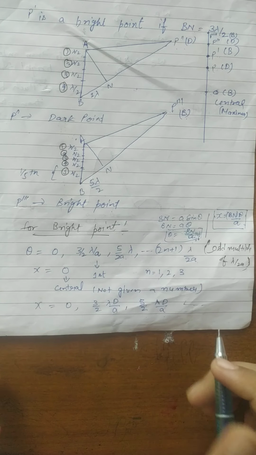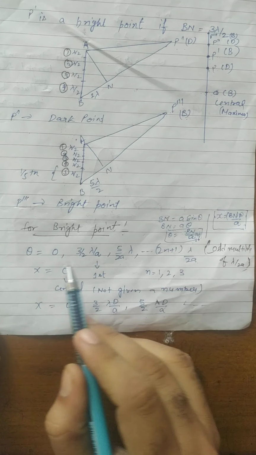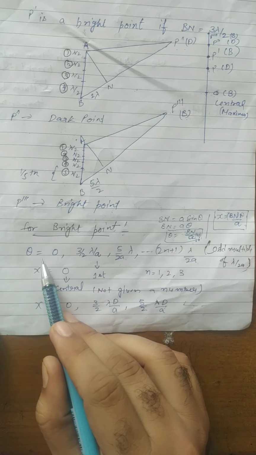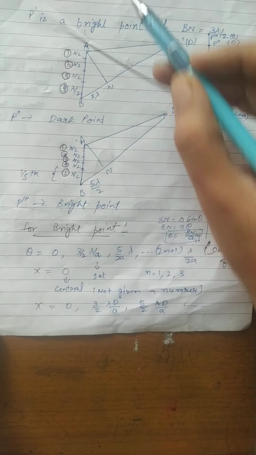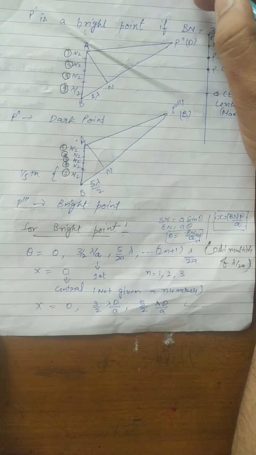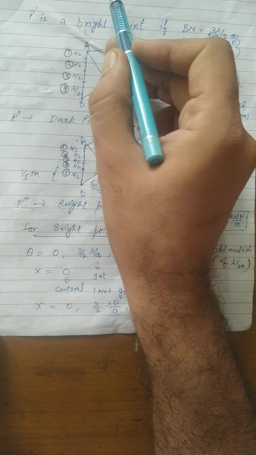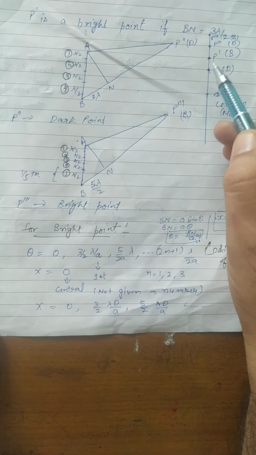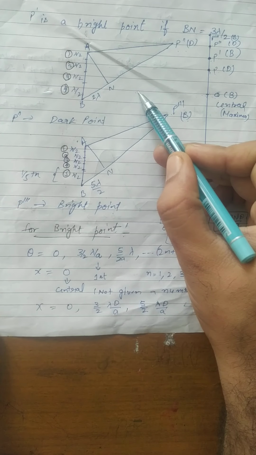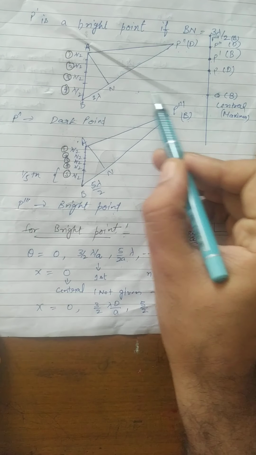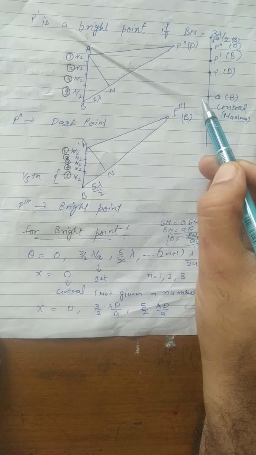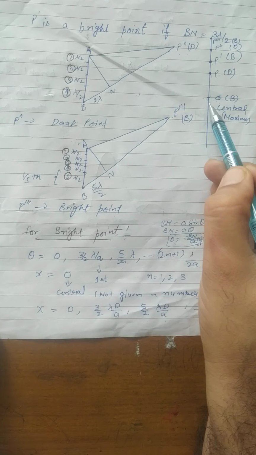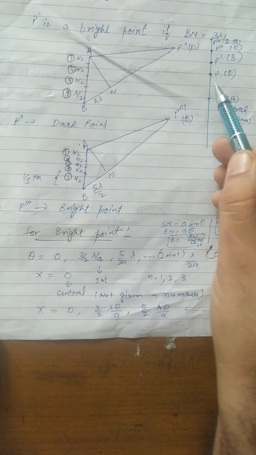And now we see how we get the brightest point. This is your theta angle, the angle between this line, that is PP, and the central line, that is CO. Let's say P here is the point C, so it is the angle between PC and PO. As we are getting the central maxima here, at this point theta is 0.